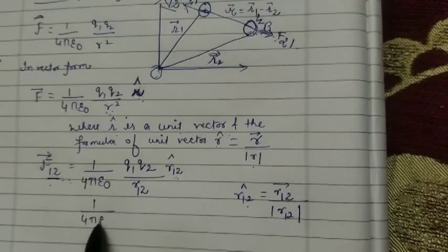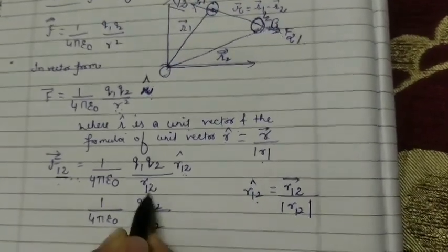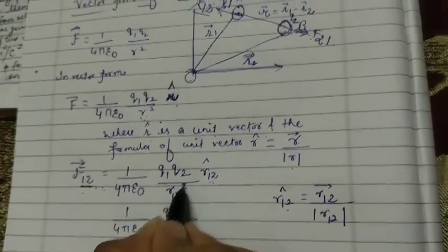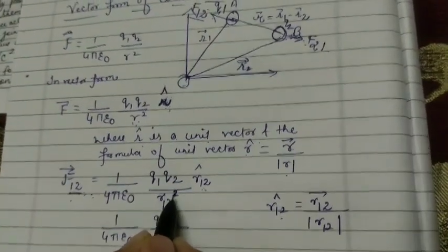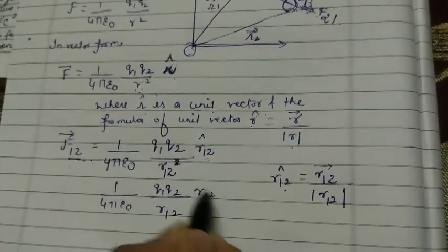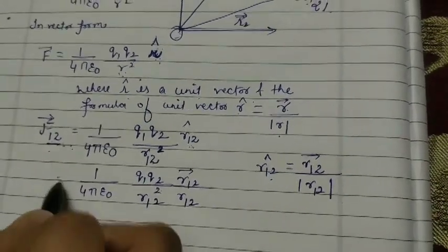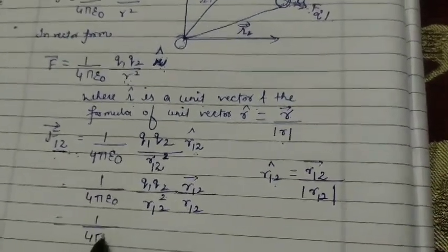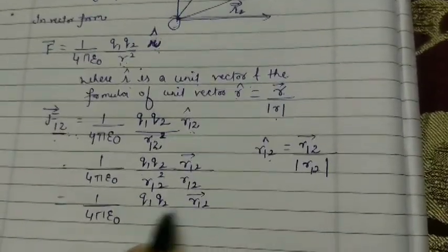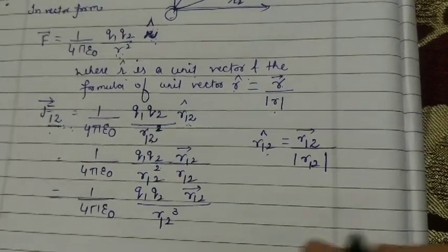So 1 upon 4 pi epsilon naught Q1 Q2 over R12 square, in magnitude form, distance divided by distance squared. It becomes 1 upon 4 pi epsilon naught Q1 Q2 R12 vector divided by R12 cube,